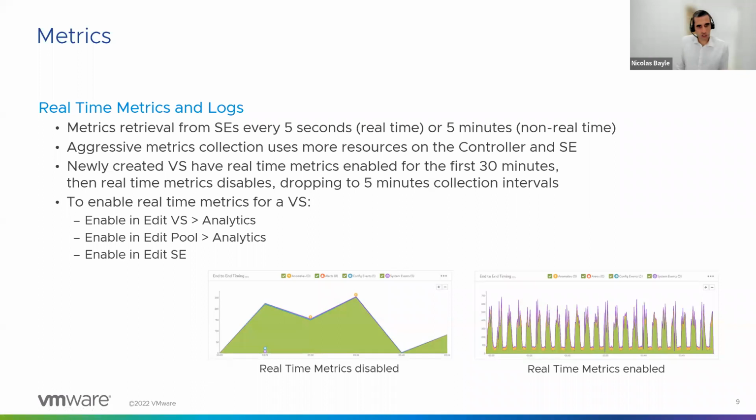All right. The second one that I want to mention here is the metrics, right? Because when you create a virtual service, one thing that you want to check, especially at the beginning, is the real-time metrics and logs, because this is your single entry point to troubleshoot and to make sure that your application works properly. So what you want to see is you want to understand how it works. And to do that, I will go again to my